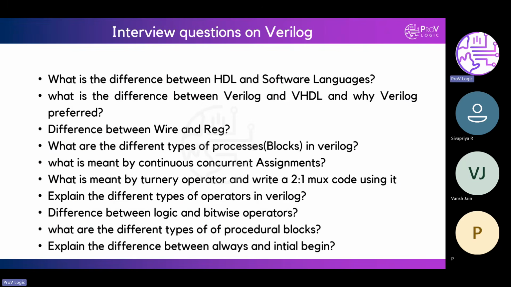What are the different types of operators in Verilog? Bitwise operators are there. Then logical operators, and then the third is reduction operators. Reduction operators, bitwise operators, and logical operators.